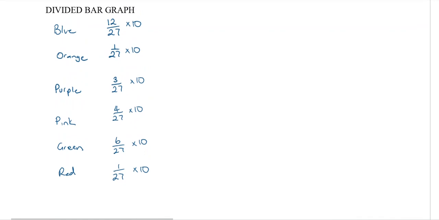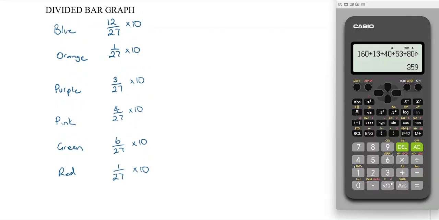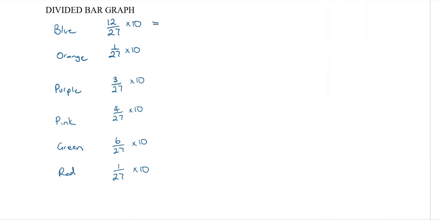Okay, so get your calculators out and quickly, Luke, this is you too, Ivy as well, calculate these answers. So 12 over 27 and you times by 10. Now, what do you think is a good way to round these numbers? I don't want to round to just 4. 1 decimal place is really good because the millimetres on our ruler are the 1 decimal place, right? So you can do 1 decimal places pretty easily. So we're going to do 4.4.